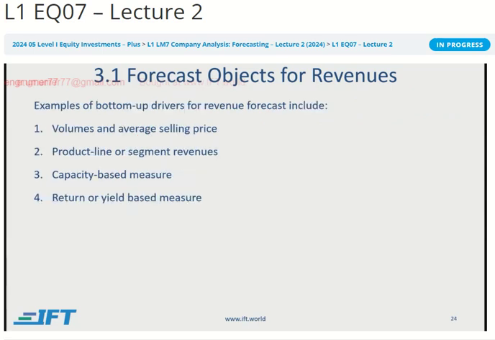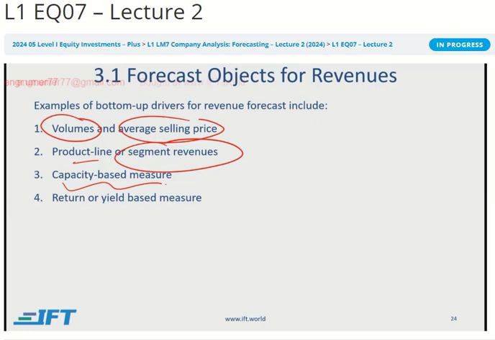You could also do bottom up. Bottom up could be various different ways of doing it. You could say, okay, how many units am I selling? What's the average price per unit? I could even break it down into different models. So Model X, Model Y, or maybe my other segments like I'm selling batteries, electric batteries separately. I'm selling data, right? So I could have those segment revenues break up. I could do a capacity based measure where I could say, okay, what's the maximum I can produce? Because I can definitely not sell more than I can produce, right? So I could take that perspective bottom up.